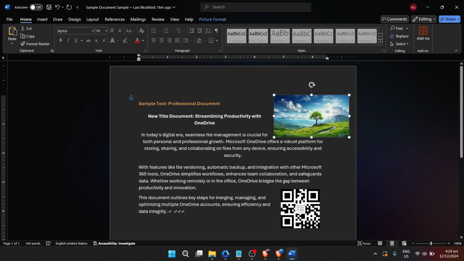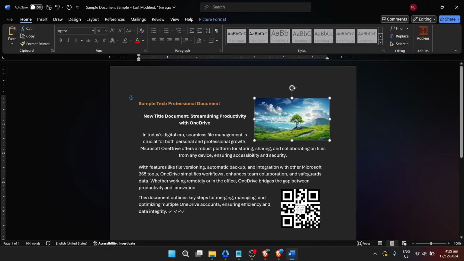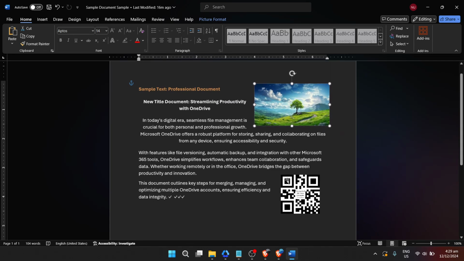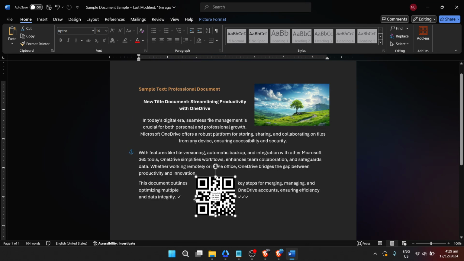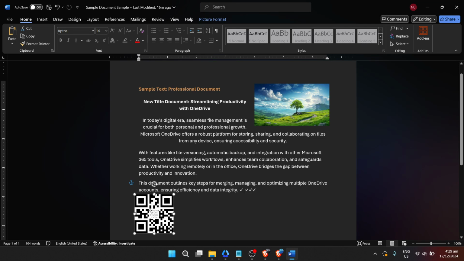As you experiment with different themes, remember that this isn't a permanent change. You can switch themes as easily as changing your mind, so feel free to play around until you find the perfect fit for your document. This flexibility makes it incredibly easy to customize documents for different purposes or to align with specific branding guidelines.